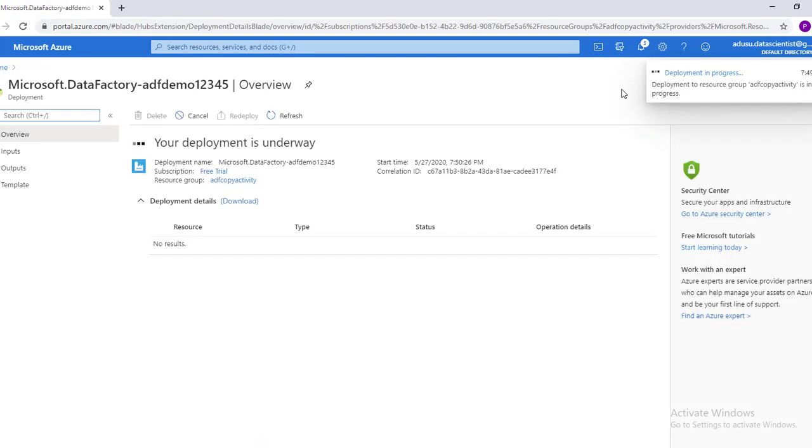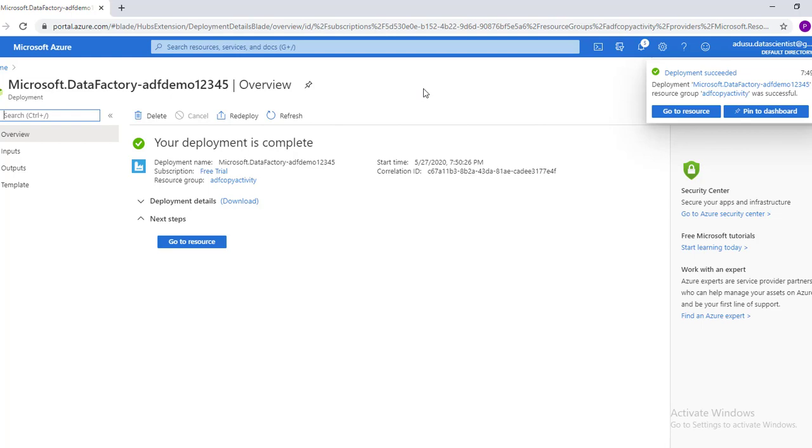So we have created 3 resources which we'll be using in this activity: an input storage account, where we'll place our input folder consisting of some files which we need to move from the Azure Storage account to Azure Data Lake Store. Till now you might be familiar with the movement of files from a storage account to Data Lake Store, but here we'll move a complete folder. So let's see how we can do that.